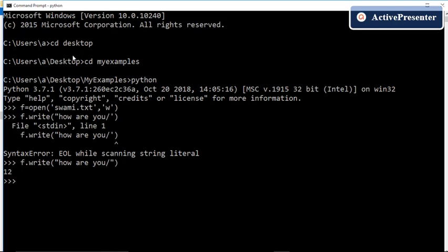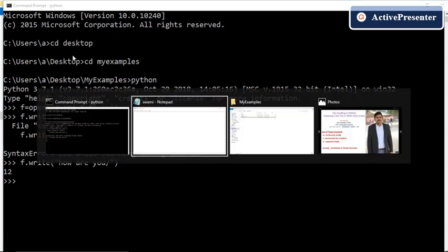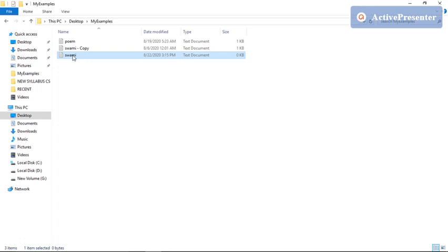Okay, it is showing 12 characters. I have written 12 characters into the file. Now let us check what is the content of the file right now, after performing this write operation, what is the content of the file swami.txt. Okay, let us open.